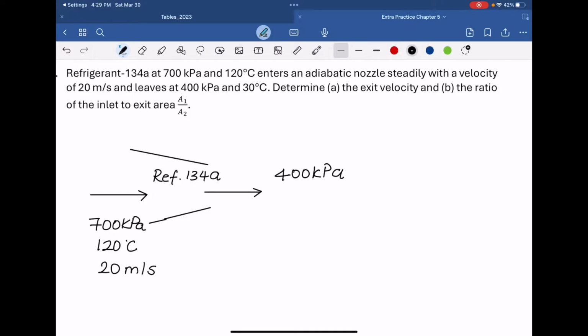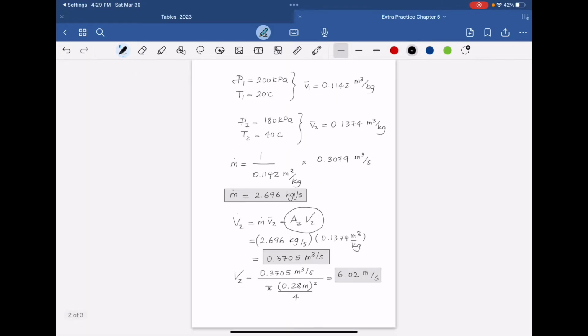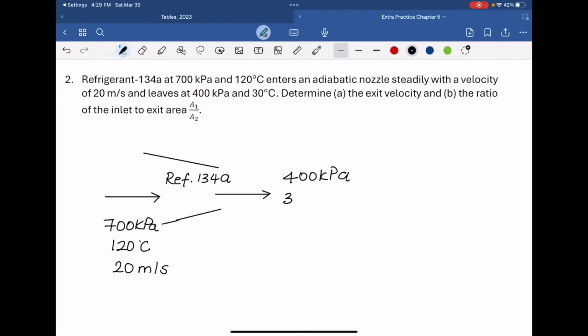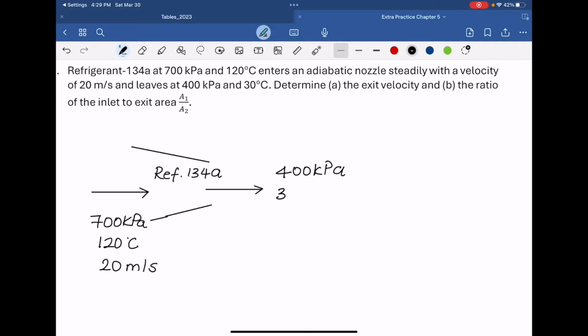The exit pressure dropped and 30 degrees Celsius. Okay, so they're asking for the exit velocity and the ratio of the areas. Now, how can we find those? First of all,